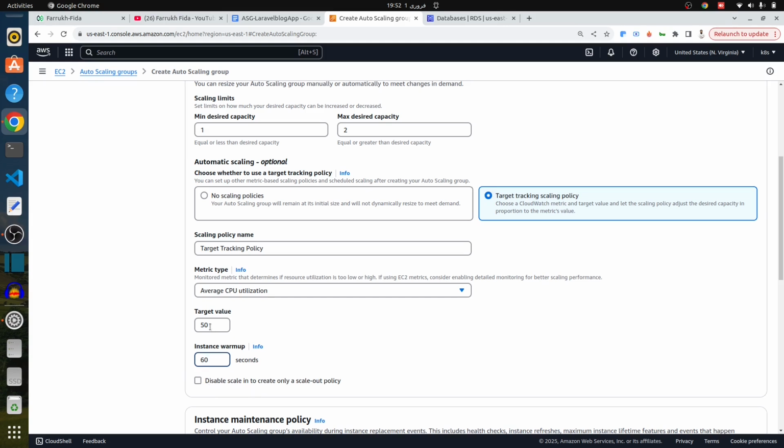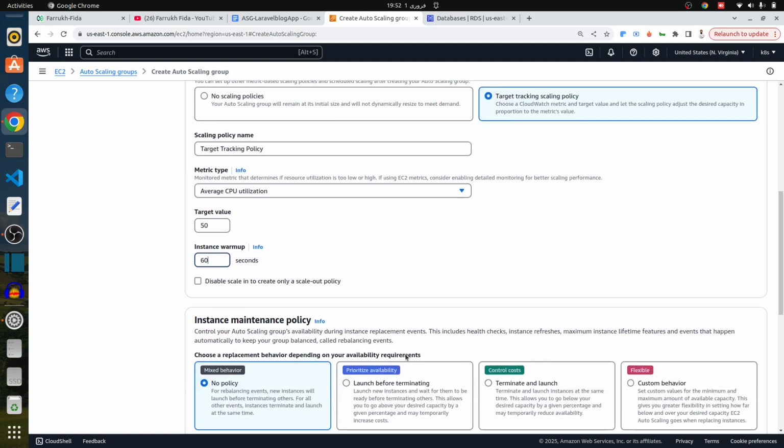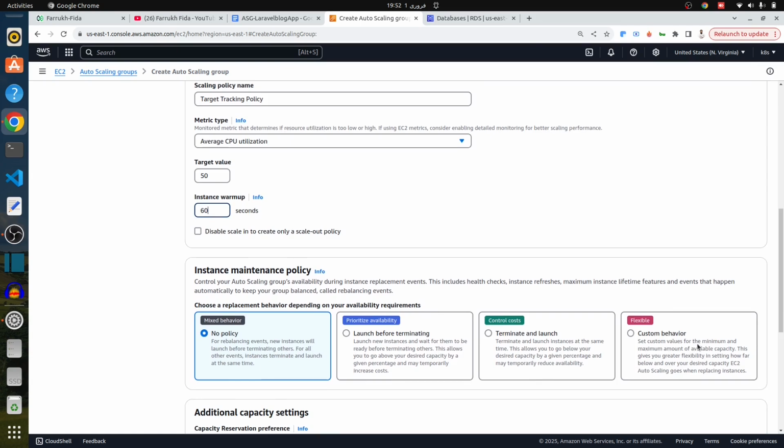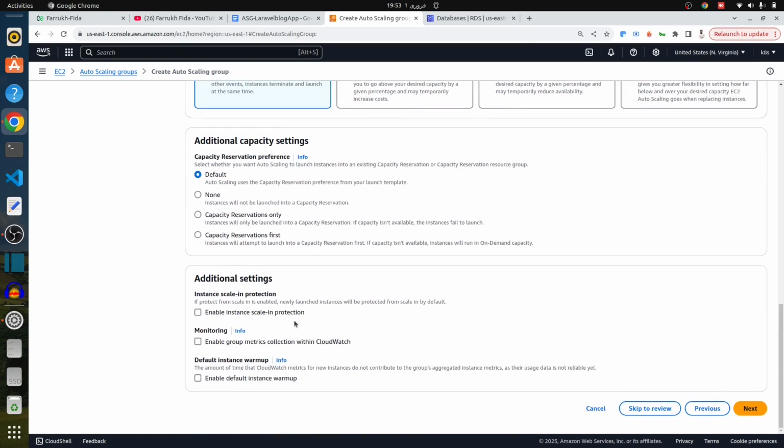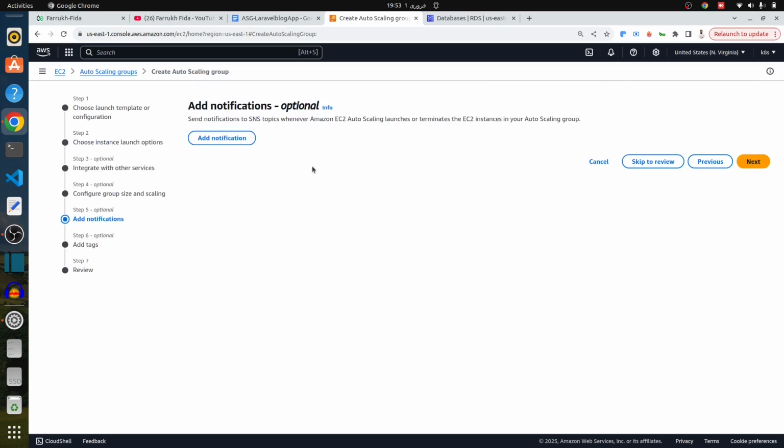So as soon as the load goes to 50% or higher, a new EC2 instance will be created. And once the load is optimal or below 50%, that extra instance is going to be killed. So that is fine. I'm not going to change anything in here. Default capacity, that is fine. Just move next